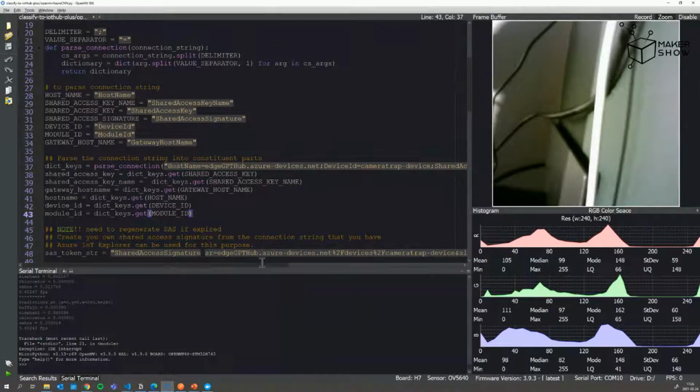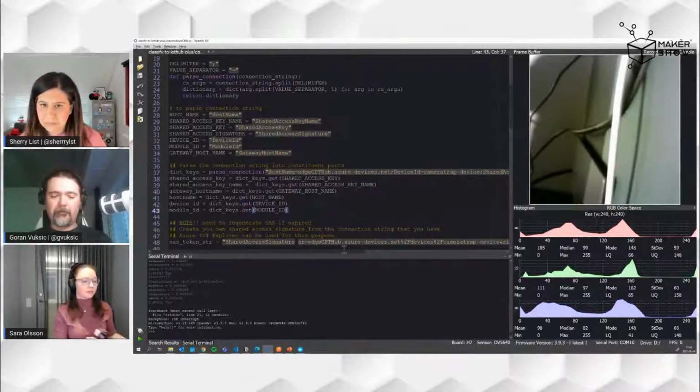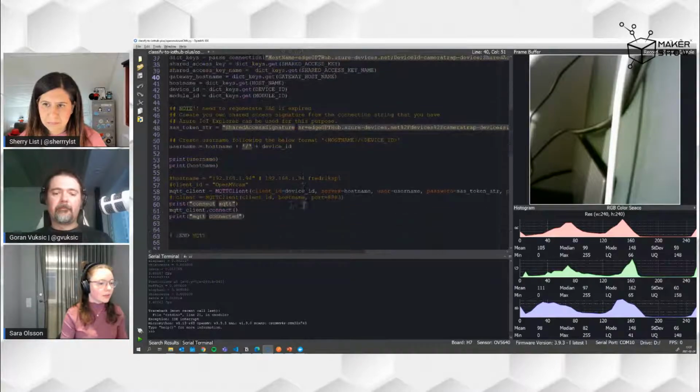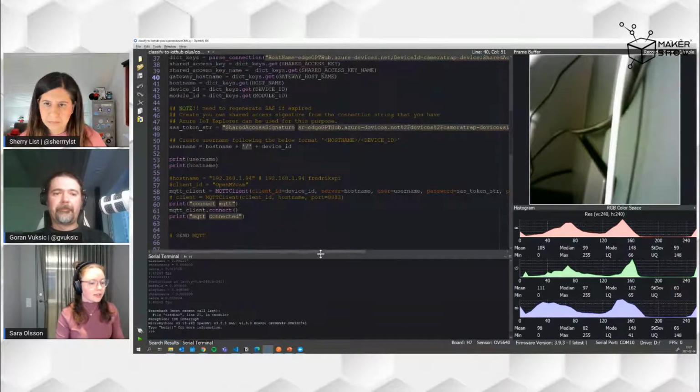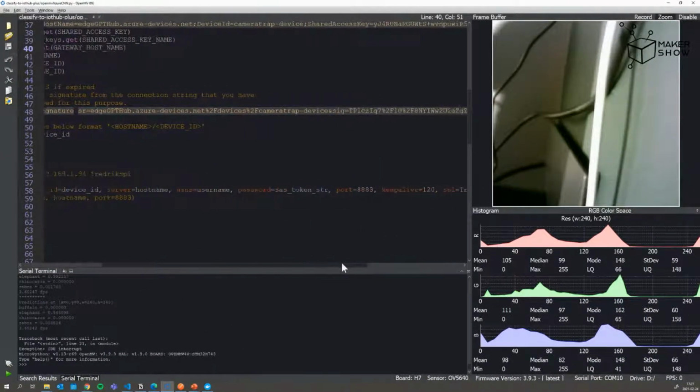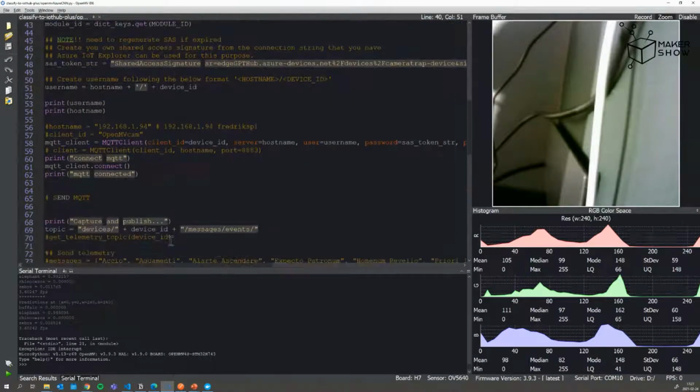On this device that I got here, if you see my camera, this script is what's running. So we parse the connection string and we connect to the MQTT client with the device ID, the SAS token is needed, and thereafter